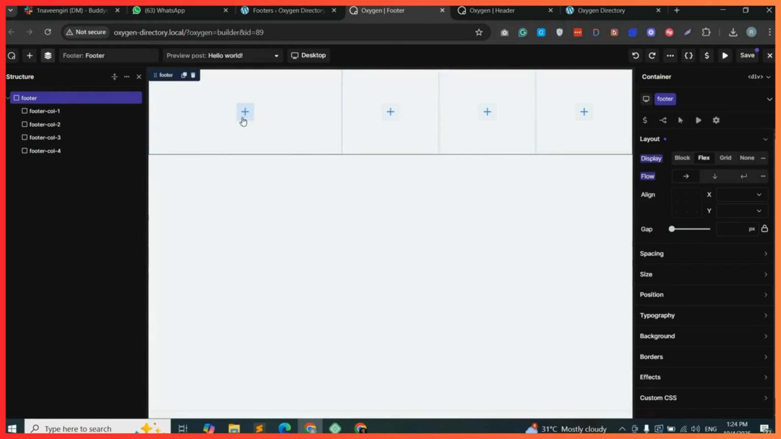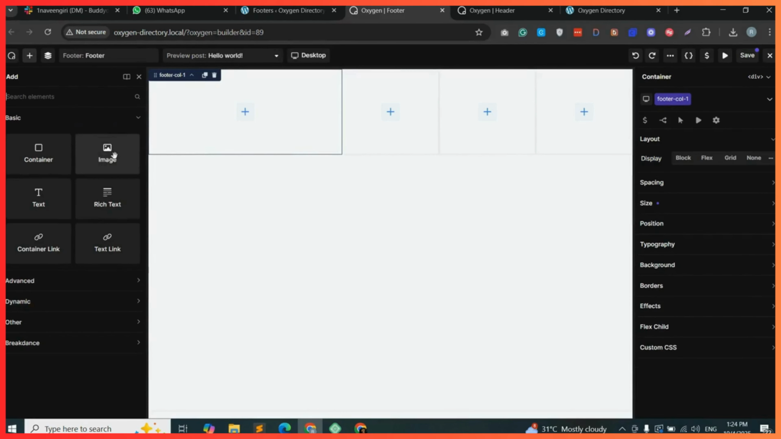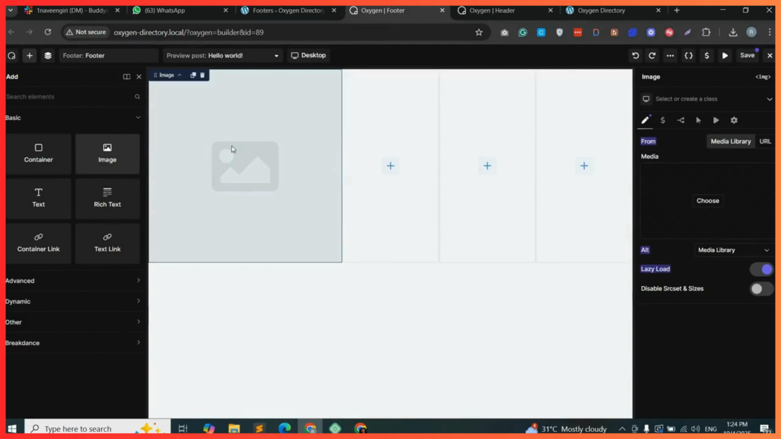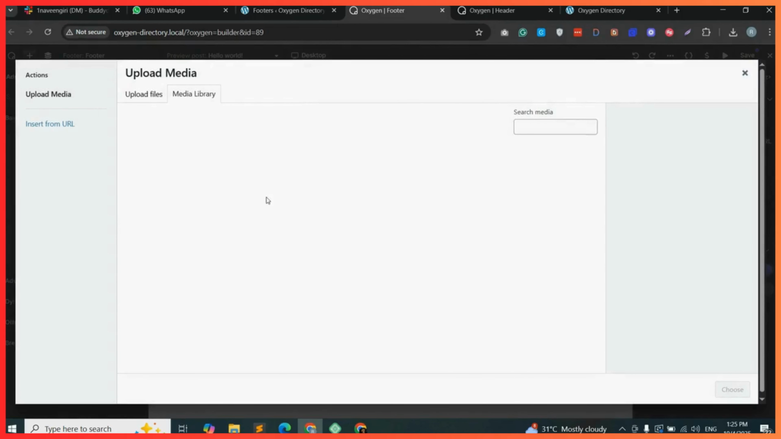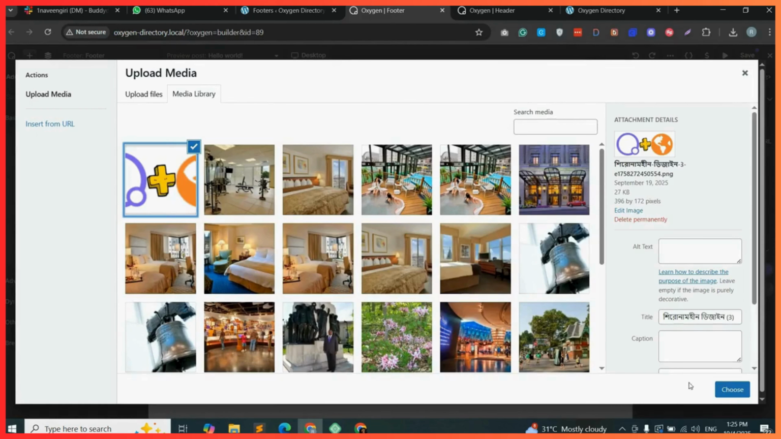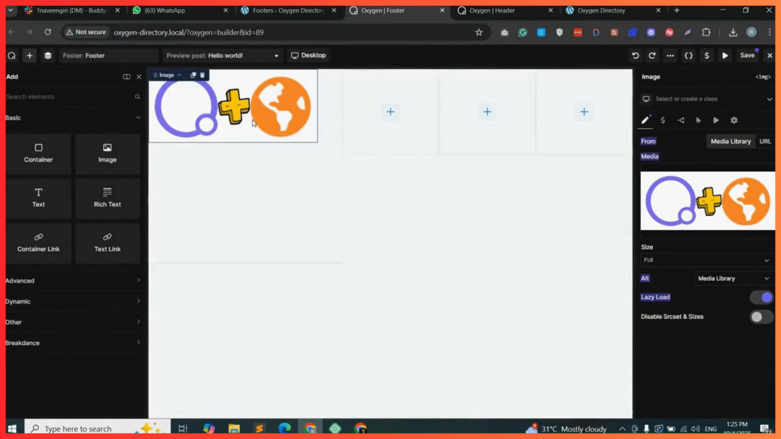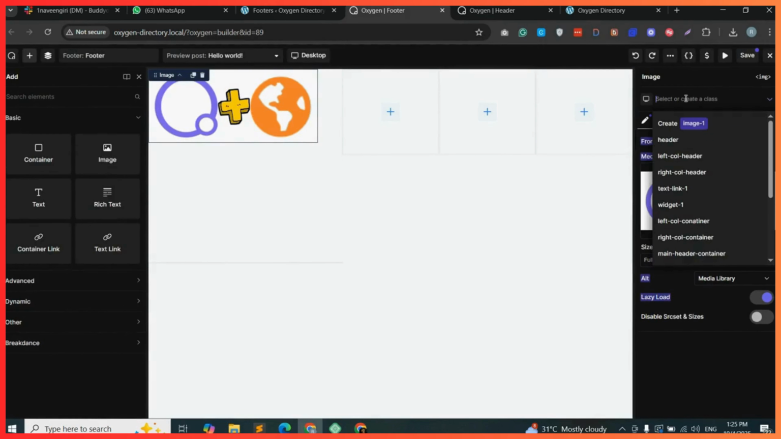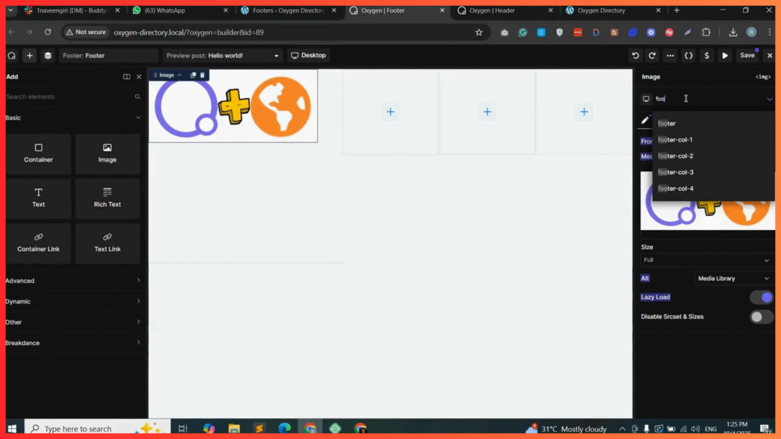So in the first column we will be adding an image. Click on the plus icon and drag and drop the image container, then double click and choose the logo from here and click continue, then adding its size and width, keeping its class name footer logo,